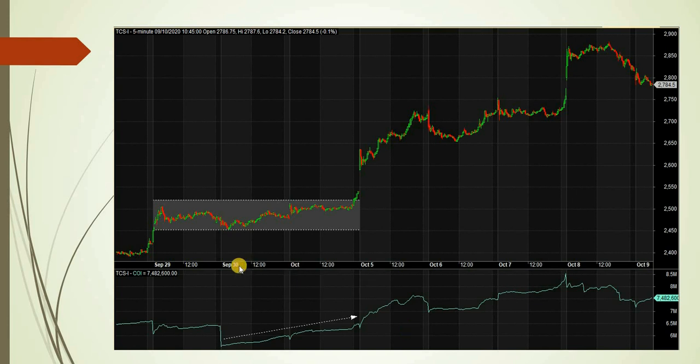Here is the TCS 5-minute chart. Now look at the zone which is marked in a rectangle, especially on 30th September and 1st October. Price has not done much in these 2 days, but when I see the OI in this period, it was continuously rising. Although till 1st October the stock was slightly bullish, we never knew how the stock was going to behave in the next few days.